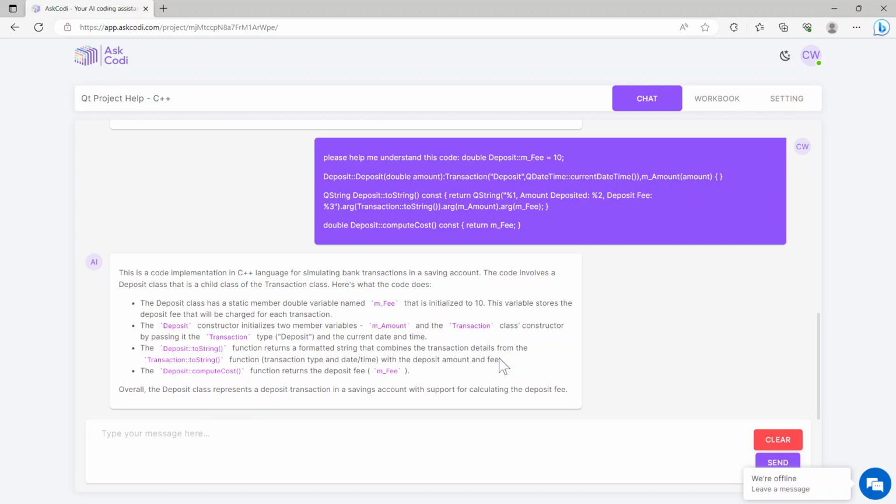This is a code implementation in C++ language for simulating bank transactions in a saving account. The code involves a deposit class that is a child class of the transaction class. Here's what the code does. The deposit class has a static member double variable named mFee that is initialized to 10. This variable stores the deposit fee that will be charged for each transaction. The deposit constructor initializes two member variables, mAmount and the transaction class constructor, by passing it the transaction type, deposit,